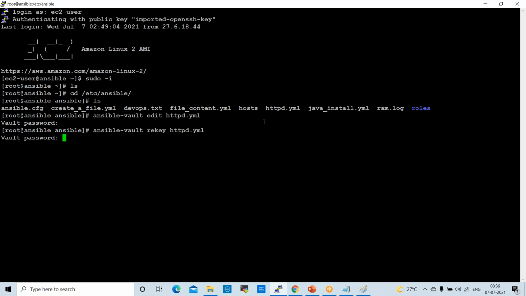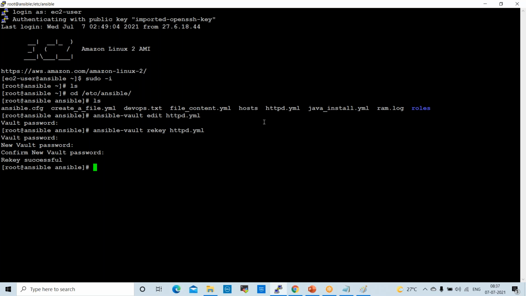Enter. Now it is asking for the old password: 1, 2, 3, 4, 5, 6. Enter. Now it is asking for the new vault password. You can give 5, 6, 7, 8, 9. Confirm password 5, 6, 7, 8, 9. Rekey successful, right? If you want to change the password, you can change it using rekey.